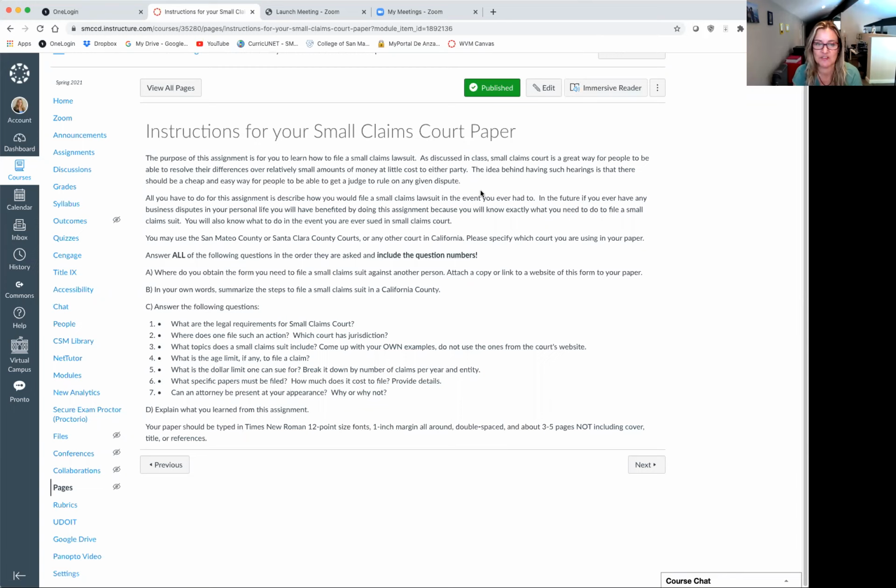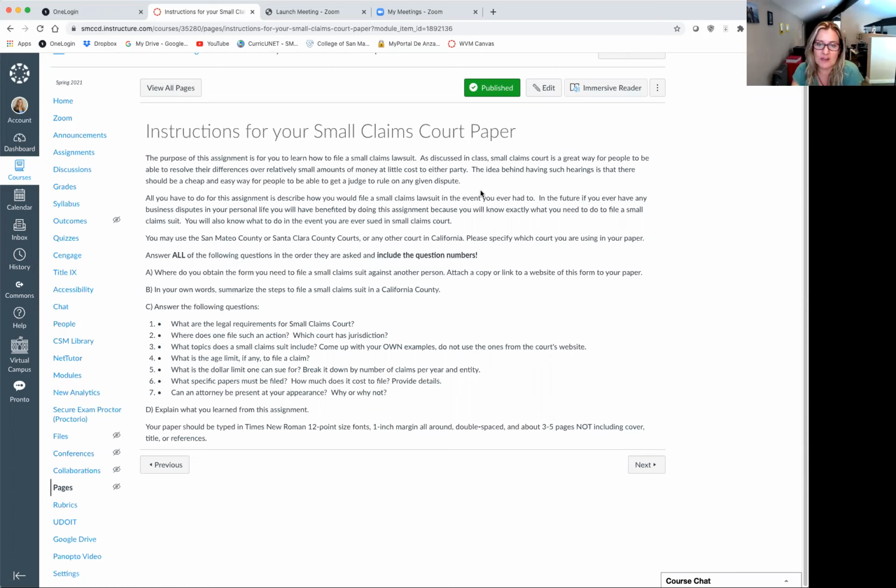Again, today we're just going to go over the small claims court paper instructions briefly. This shouldn't take too long, but I want to make sure everybody understands the instructions. This paper is worth 20% off your grade, so that's a big chunk, and there's no reason why somebody should not get full credit for this, especially after coming to this meeting, or if you're watching the recording. After watching this recording, it's pretty clear, pretty straightforward what you have to do to get full credit for this